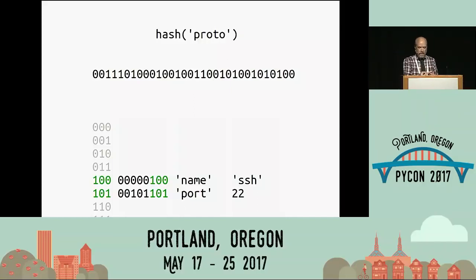So we do some math involving the other bits and choose an emergency backup slot that it can live in as well. So here it goes. We're going to try to store proto. It collided. And so it has to go somewhere else. It's now a little more expensive to look up or to reset than the other values. Name and port you'll find right where you look for them. Proto you'll find after running into, every time you look for it, the fact that it's not sitting at the slot you'd expect.